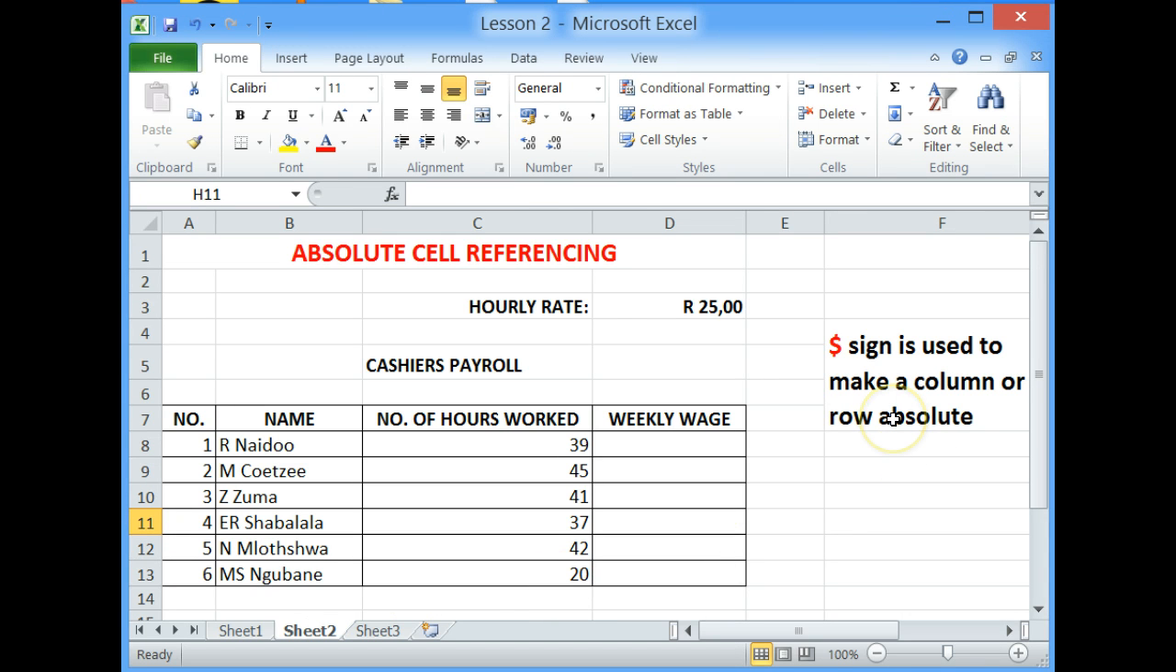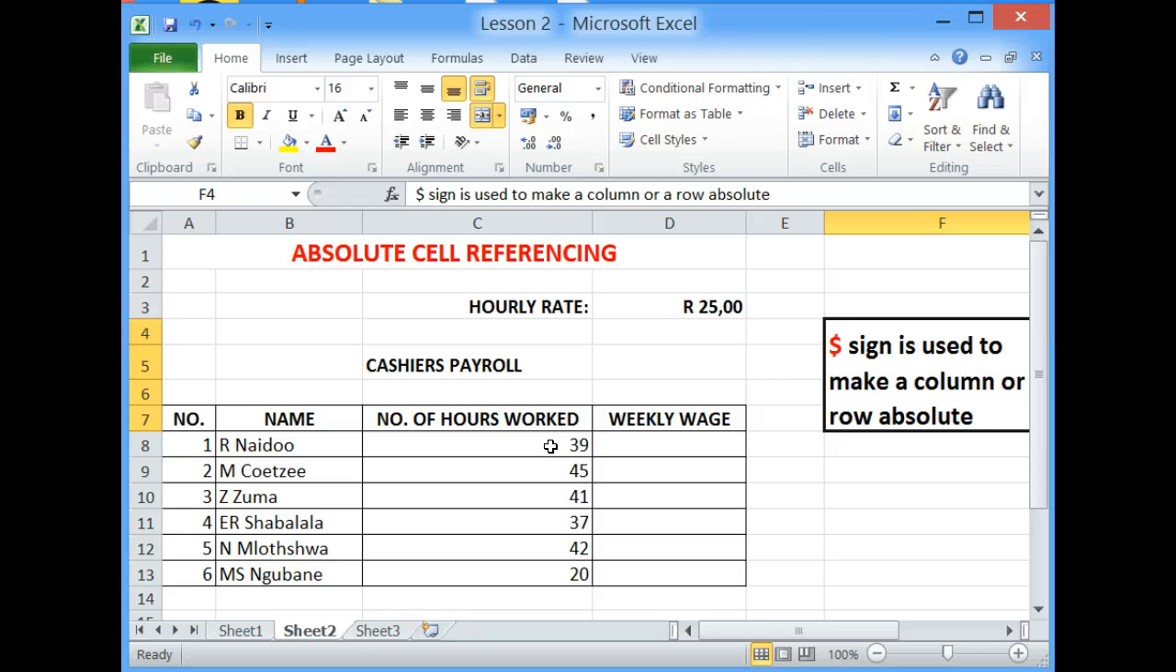So once again, just to reiterate, we use the $ to make a column and a row absolute. The $ must come before the column that you want to make absolute, and it must come before the row that you want to make absolute. Looking at our example here, we're looking at a cashier's payroll, and each cashier is paid 25 rands per hour. So the hourly rate is 25 rands per hour, and we have a column that has the number of hours